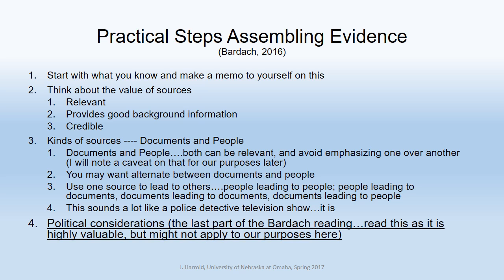And if they don't want to be cooperative, they'll just tell you no. So it's not the kind of thing where you have to worry about your political connections. And that's what Bardach talks about in that part of the text. So it's applicable in a sense, but for our purposes, it's not necessarily.